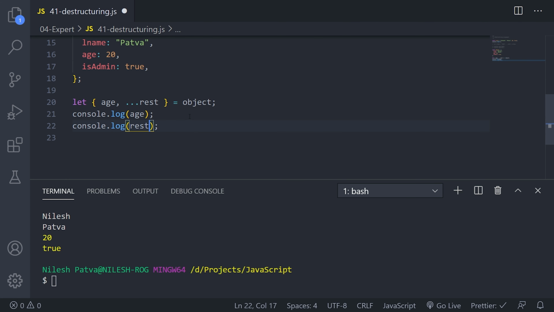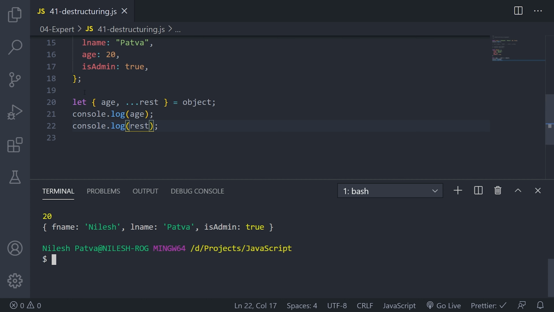If I write rest here, let us see what happens. You can see my age has been printed and the rest of the values will be stored in the rest object. It will create another object. In case of arrays, if you use rest, it will create an array.